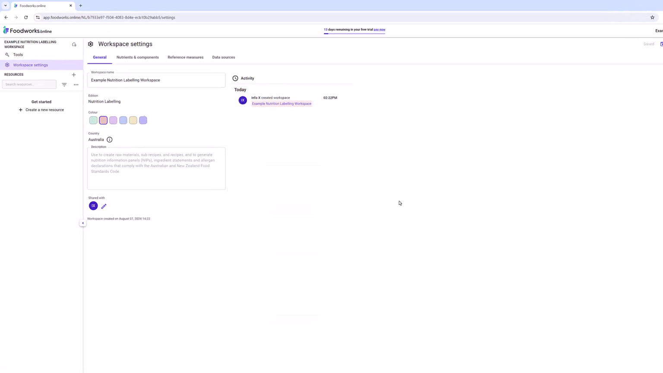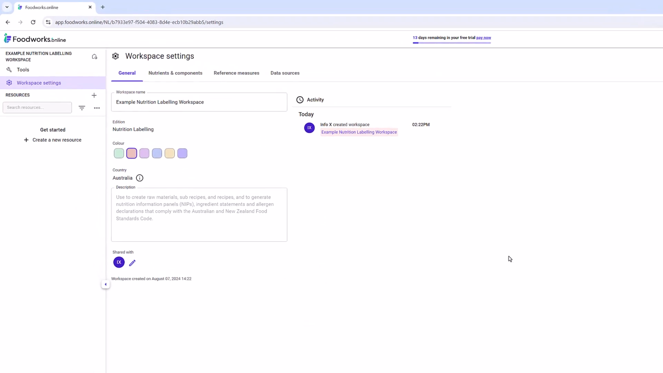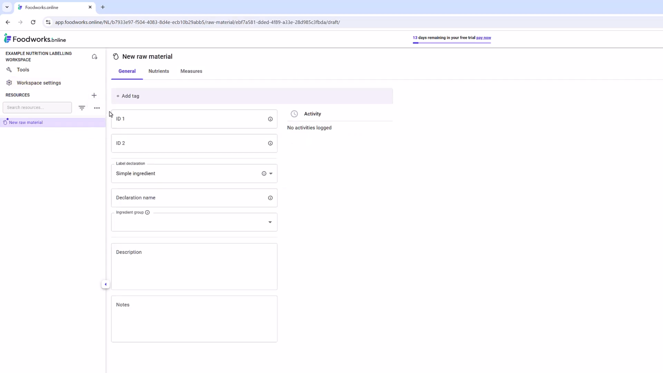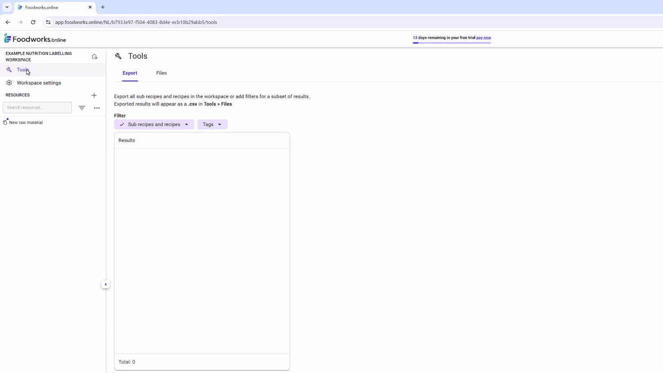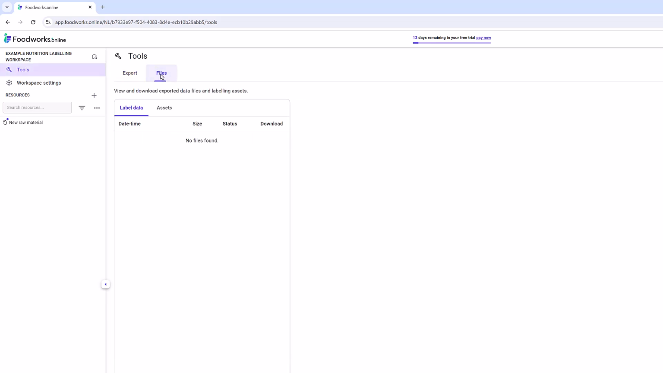In a nutrition labeling workspace, you can make changes to the workspace settings by selecting the relevant tabs and create raw materials, sub-recipes, and recipes by clicking the plus icon in the navigation pane and selecting the relevant option from the drop-down. In the Tools section is where you can export your labeling information or download health star rating and country of origin labeling assets in a zip file. For a more in-depth overview of using a nutrition labeling workspace, please watch the quick overview video for Foodworks Online Nutrition Labeling. Now let's go back to the Workspace dashboard screen by clicking the Back to Workspace button in the